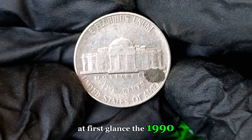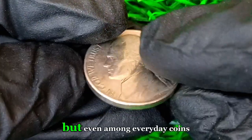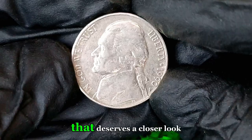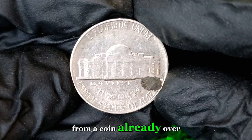The 1990 P Jefferson nickel belongs to the long-running Jefferson series, one of the most familiar coins in circulation. But even among everyday coins, certain years and mint marks stand apart, and the 1990 P is one of those coins that deserves a closer look. In very fine condition, it shows the kind of preservation that collectors appreciate from a coin already over 3 decades